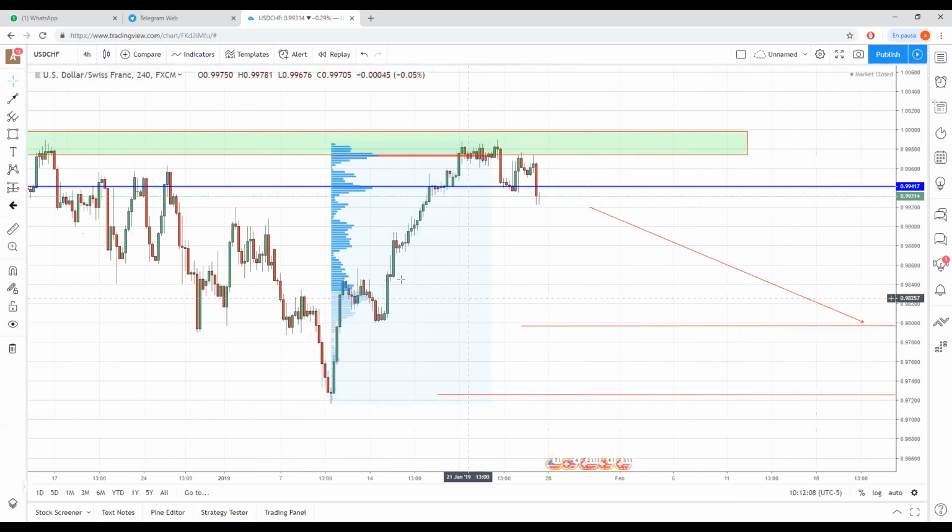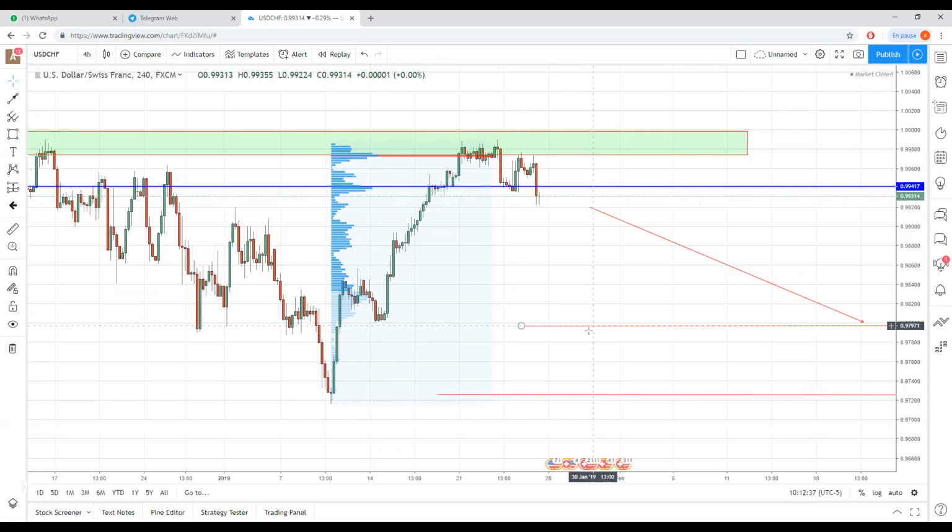We can see that in this move up, people have accumulated most of the orders around this area here. So we can set the target around this volume node, where price is probably going to react again to the upside. That is around 97,